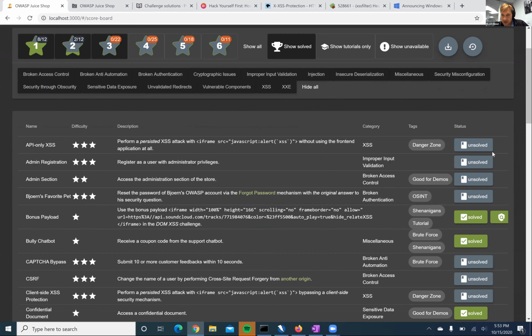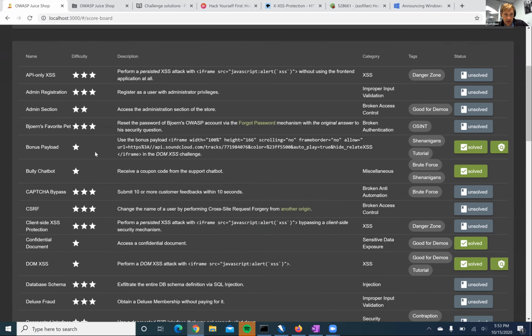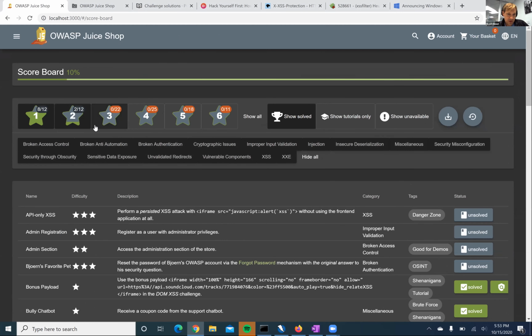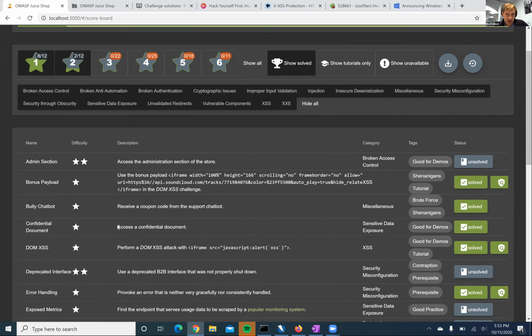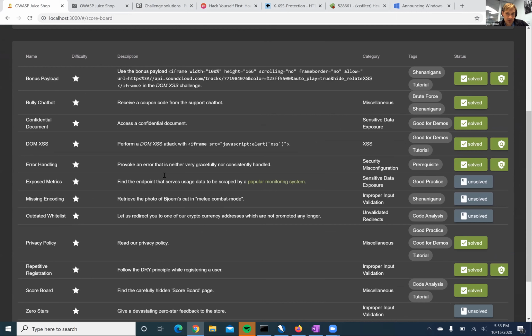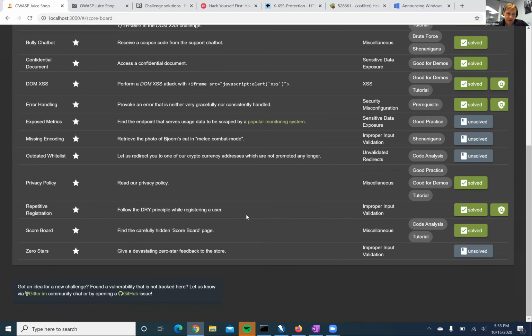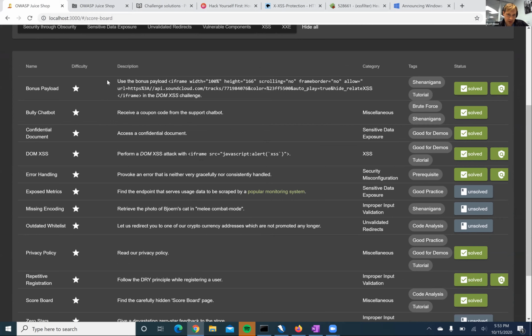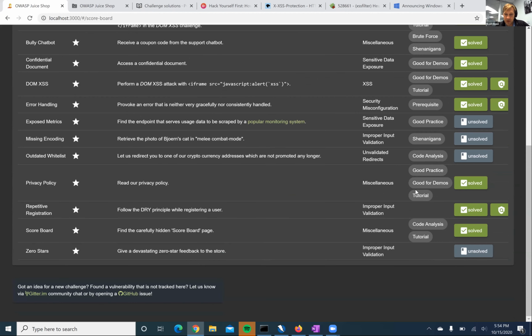The level ones, actually, if we just focus on the level ones, it's level 1 and level 2. Most of those were unrelated to XSS other than this DOM XSS and the bonus payload, right? And they were basically just poking around on the site for the most part, trying to figure these out.